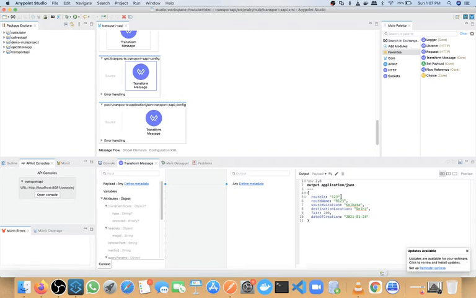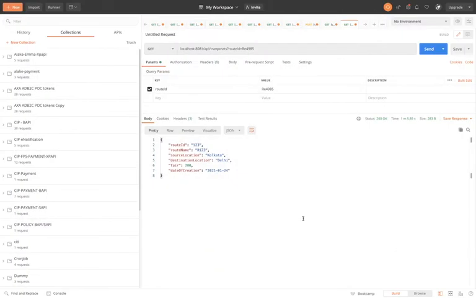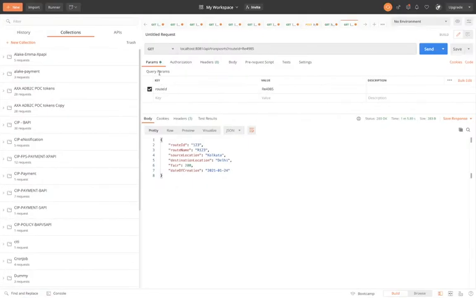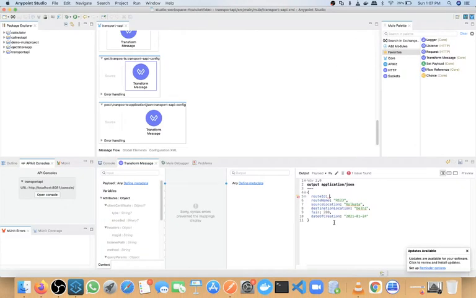Now what we will do, we will do some transformation here. So instead of hard coding this value root ID, okay, from Postman what we are passing root ID, instead of hard coding this value, what I will do, I will take this value from our input, and our input is inside query parameter. So how we can define query parameter, syntax will be attributes. So if you remember our first session, I have defined how you can read any query parameter. So syntax will be attributes dot query params dot query parameter name root ID.